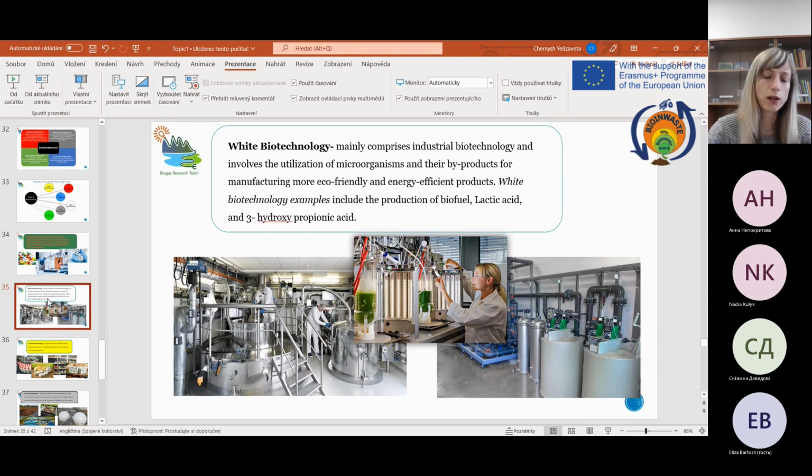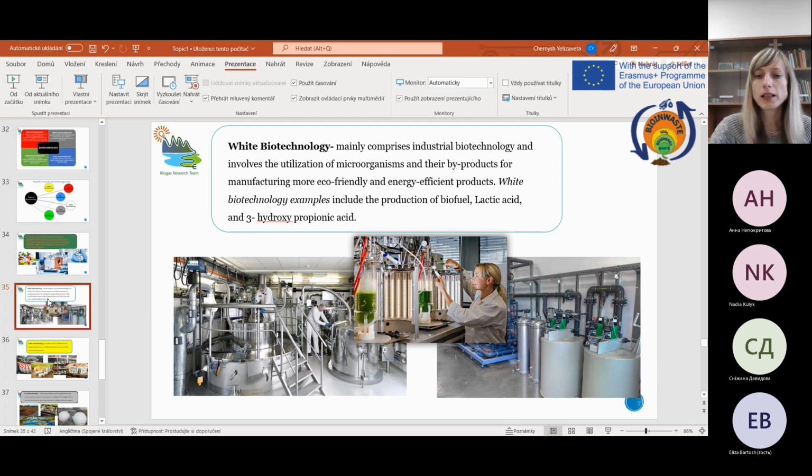We have a lot of biotechnology involved in food production and the food industry, for example production of milk fermentation products, such as cheese and yogurts, or production of wine. So a lot of this type of food industry,